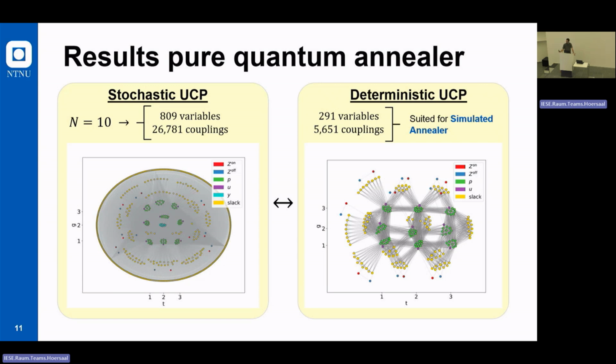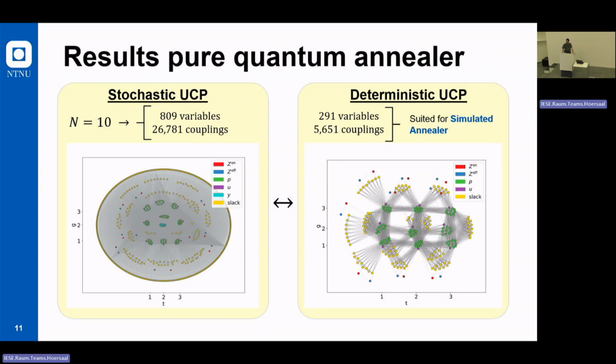So here you can see the graph of the QUBO of the unit commitment. This is a unit commitment with 3 time periods, 3 generators, so quite small. But still, the number of variables is large. It's around 300, so 291, and 5,000 couplings. And this is something that technically it could be embeddable in a pure quantum annealer. But we know that the topology of the annealer, so your result will depend a lot on the embedding, and the embedding depends on the topology. And the topology, we know it's quite homogeneous, and this is not really a homogeneous graph. There are lots of clusters there.